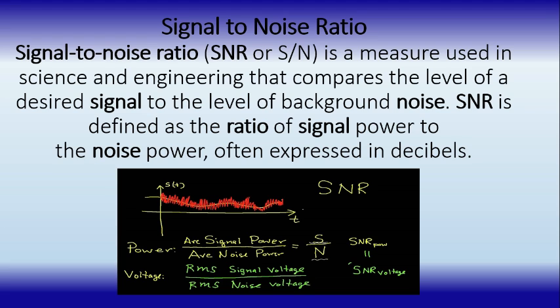Students, if the signal to noise ratio is greater than 1, it means signals are stronger than noise in our transmission media. And if the signal to noise ratio is less than 1, it means noise is stronger than signal in our transmission media. If you ever come across noise while talking on mobile or phone, it is because your SNR ratio is less than 1.